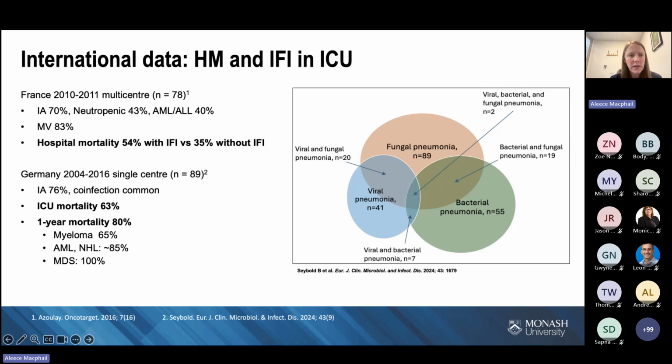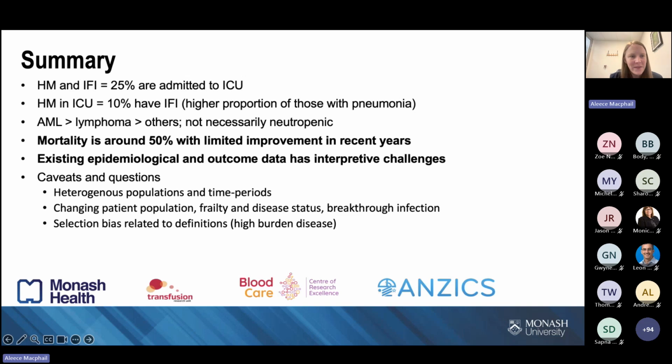In the French study, 54%, in the German study, 63%, and that mortality was higher than other critically ill patients without IFI. And the long-term outcomes for patients with MDS were really, really poor. All of the patients identified in that study died within 12 months, but not quite so bad for patients with myeloma. And then the figure on the right there just shows there was a lot of